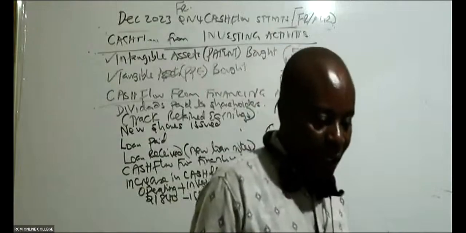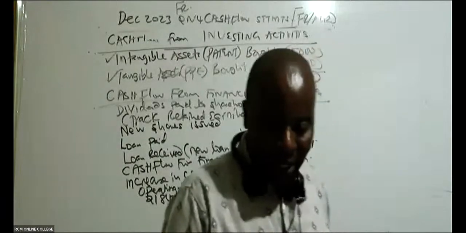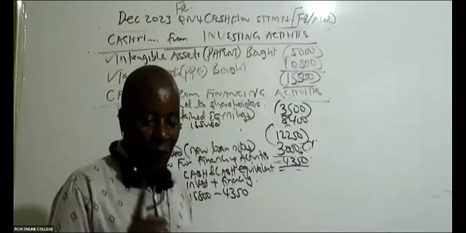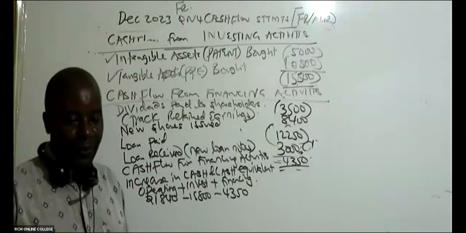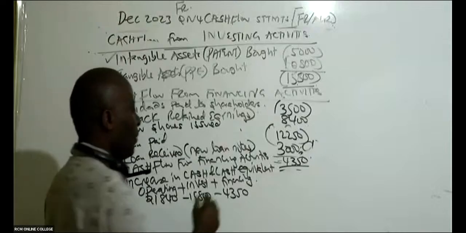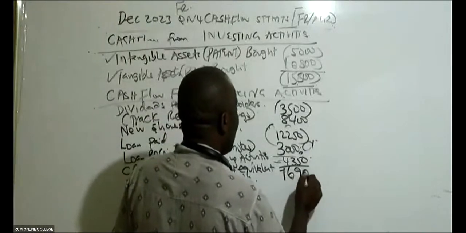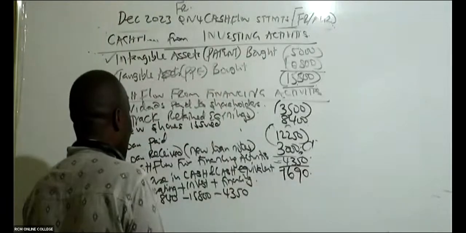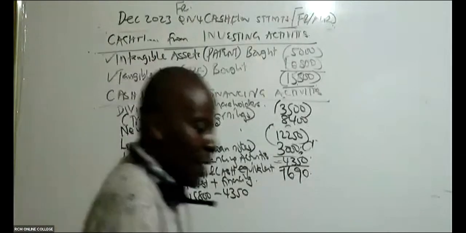Chogo has been very, very attentive. He's getting 1690. Can somebody confirm that Chogo's figure is correct? 1690. Thank you very much. So then once you get this 1690 as your cash and cash equivalents increase, then you shall be able to